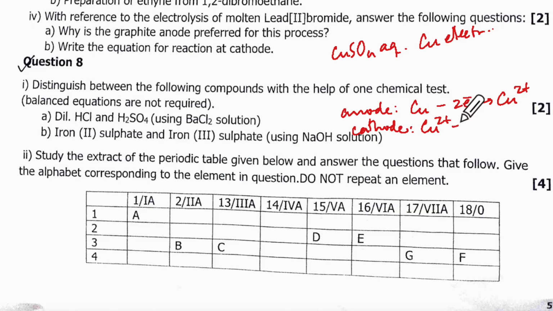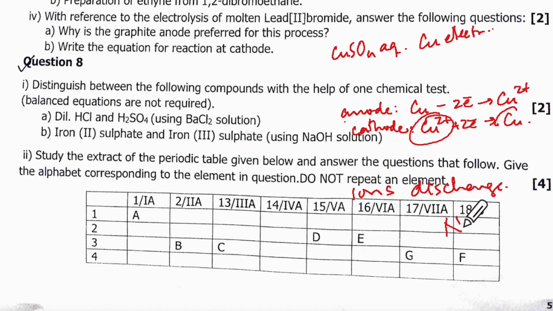Cu2+ plus 2 electrons give Cu atom. Now if they tell you the ions discharged at cathode, then you will say Cu2+, correct? And ion discharged at anode, you will write nil,